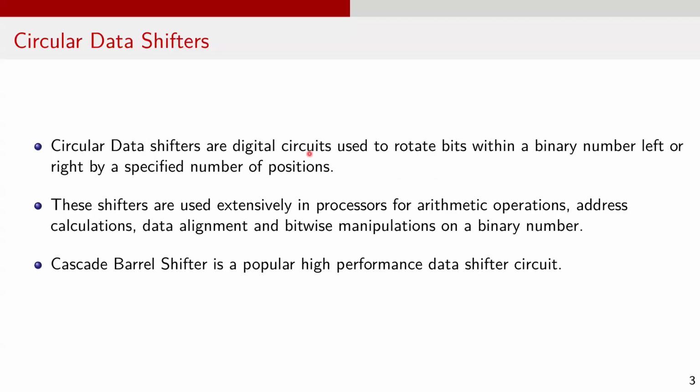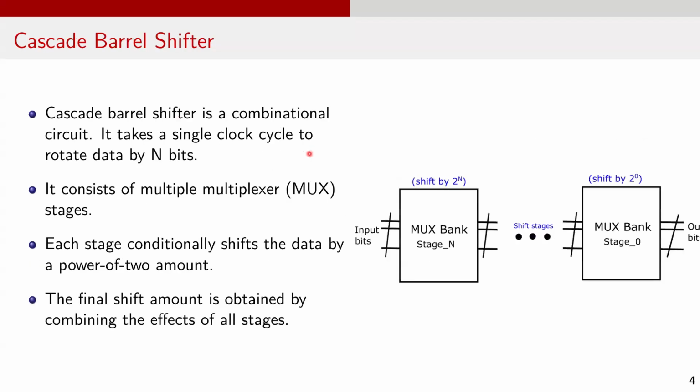Now let's understand the cascade barrel shifter design. The primary advantage of the cascade barrel shifter is that it can shift or rotate data by any specific number of bits without relying on sequential elements like flip-flops. It is a purely combinational circuit. This means that it can rotate or shift data by n bits just in a single clock cycle. Because it is incredibly fast and gets the job done in one clock cycle, it is the preferred shifter design in